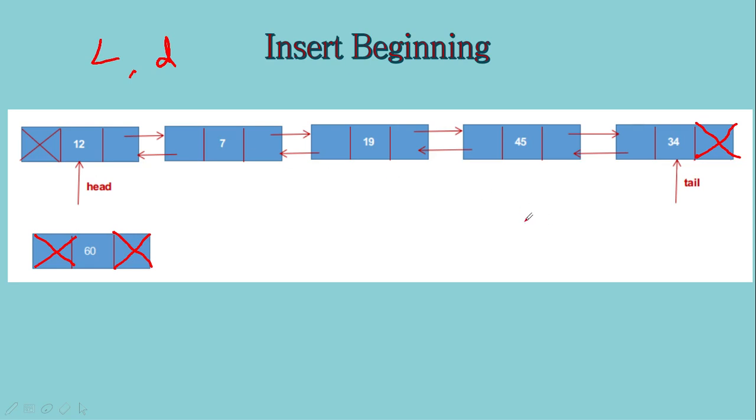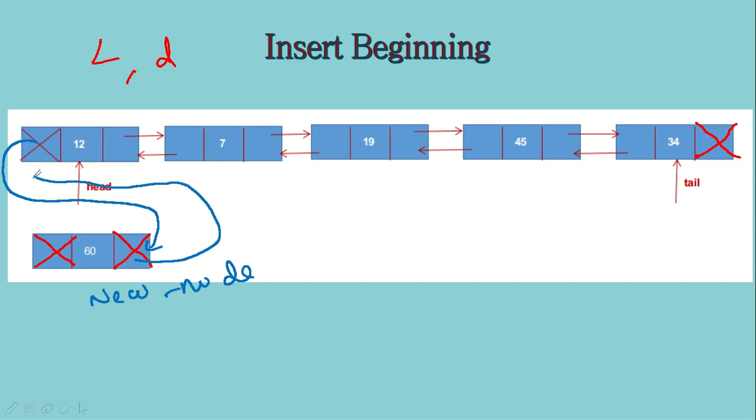Now let us consider the case when there is a linked list already existing. What we have to do is make connections between the nodes, right? So the previous part of the current first node, that is pointed to by head, should point to this new node. Let us call this the new node, and the next part of this new node should hold the address of the existing first node, because that will be the second node and this will become the first node, and we should move the head from this place to the new node. These changes we have to make, then we insert at the beginning.